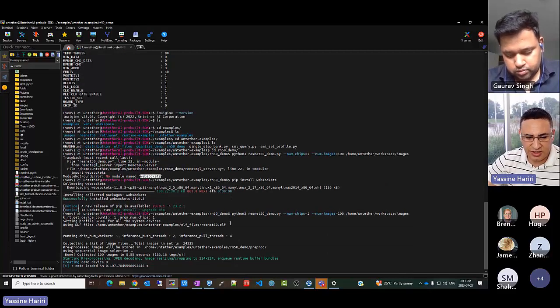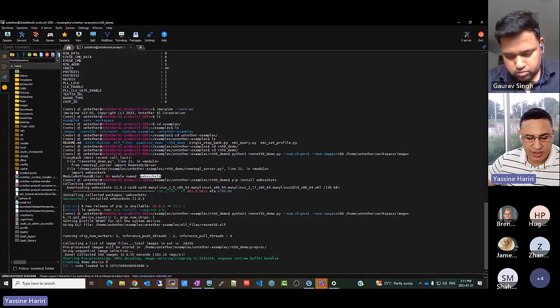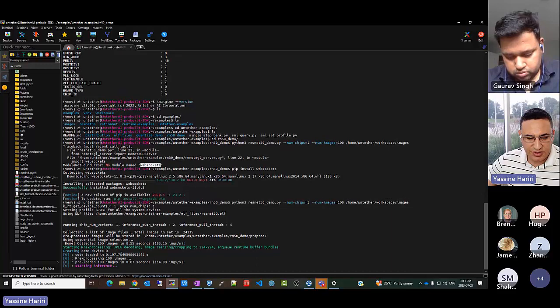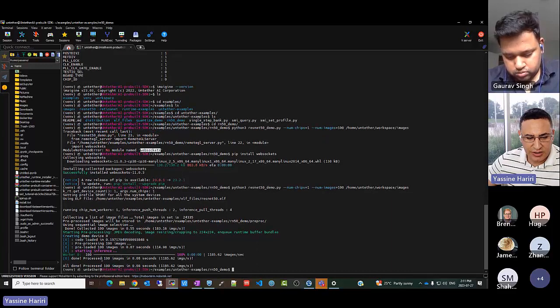So you see here, it's running on the board. And here you have all the information regarding the steps: pre-processing, preloading. Here you have the 100 images that are processed in a fraction of a second at a rate of